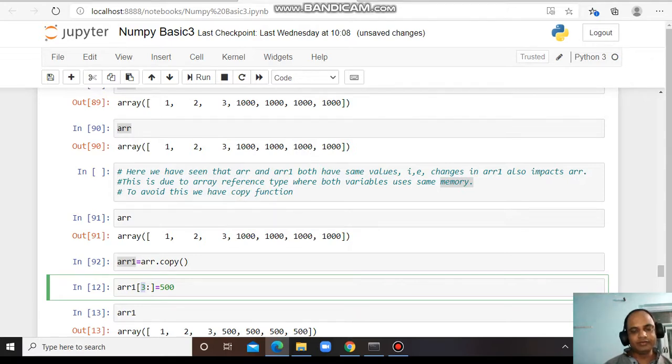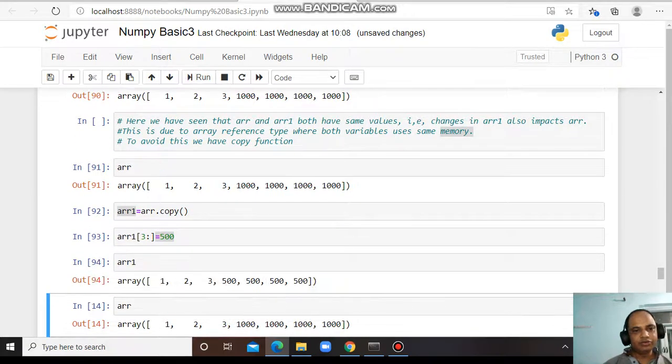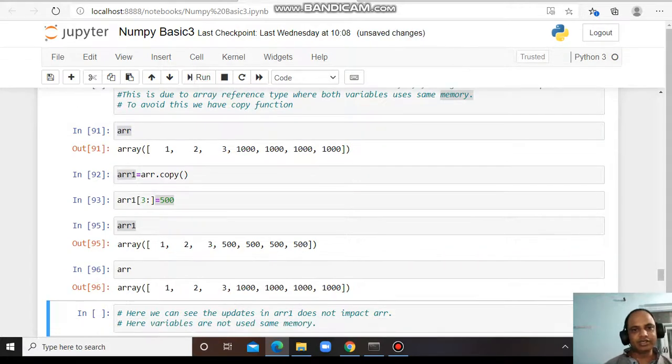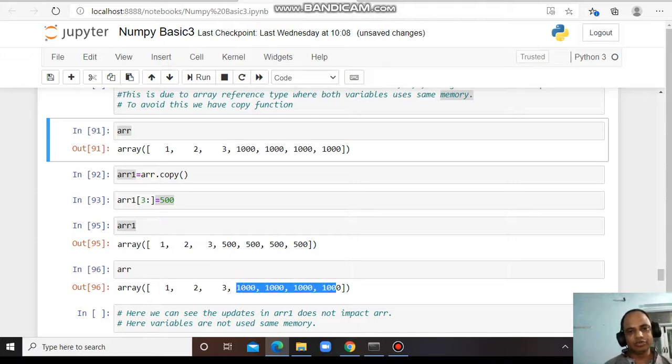Now I see that array1 has been changed: 1000 1000 1000 has changed to 500 500 500. But if I check the first variable, arr, it is not changed. It is as earlier, 1000 1000 1000. Here is also 1000 1000.